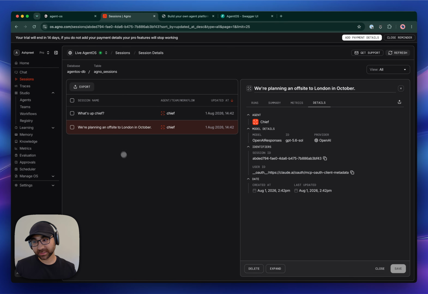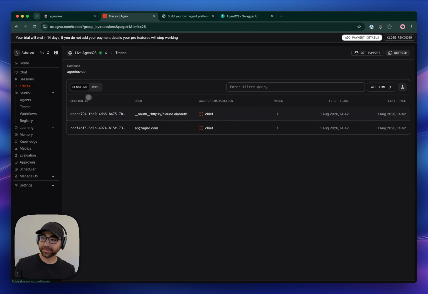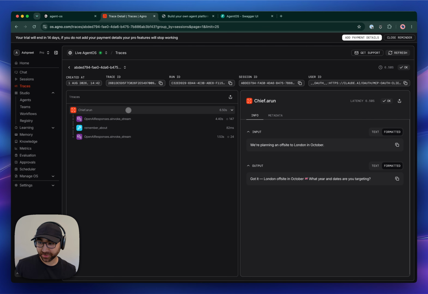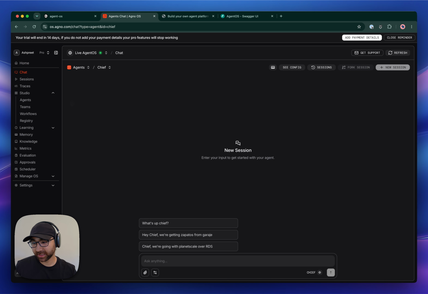There are two ways you can look at sessions. You can look at sessions as an agentic run. You can look at them as traces if you prefer to read it that way. Then the agents already have memory, learning, all the bells and whistles you would expect from an agent platform built in. So if I tell chief,